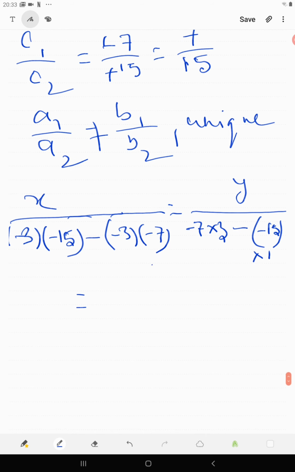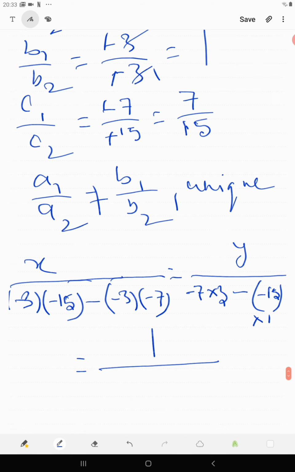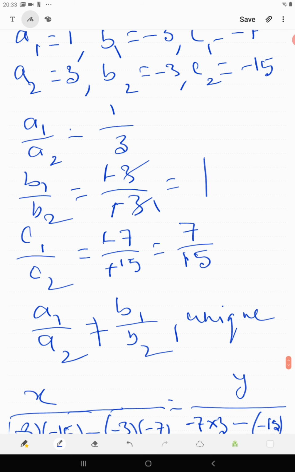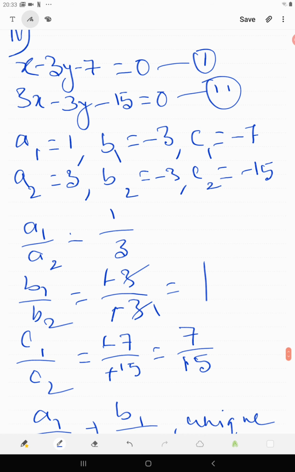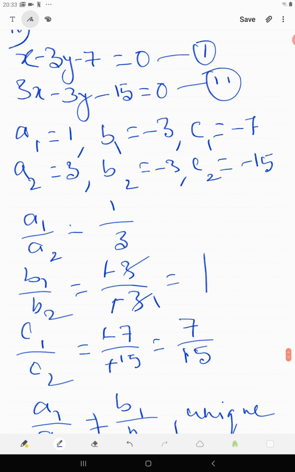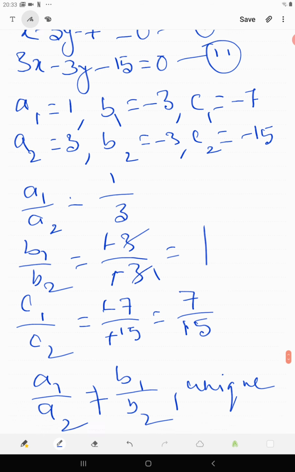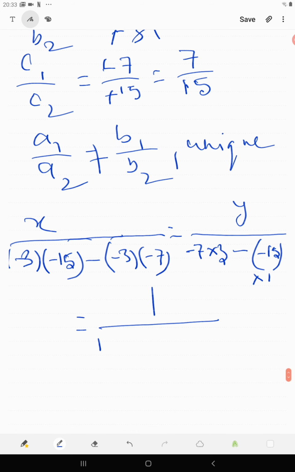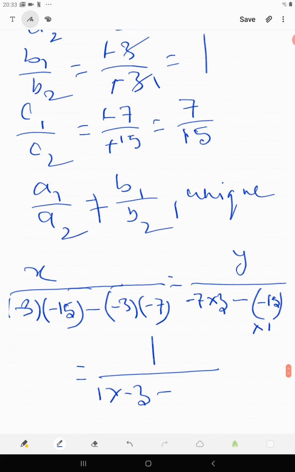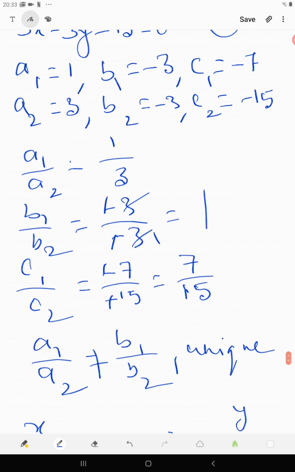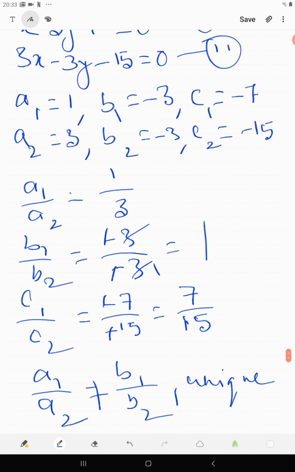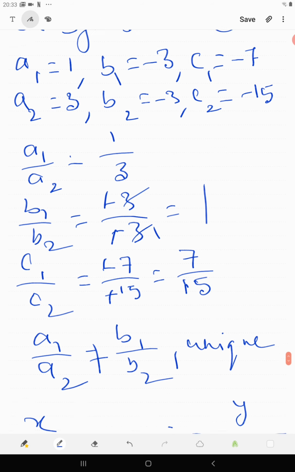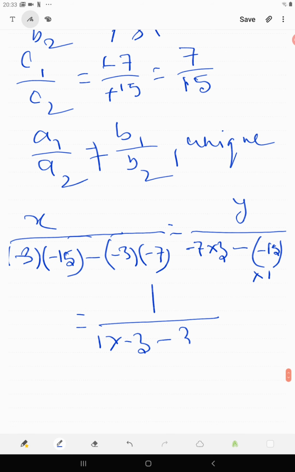Equals 1 divided by a1 b2 minus a2 b1. So 1 into minus 3, minus a2 b1, correct? So 3 into minus 3. Okay,